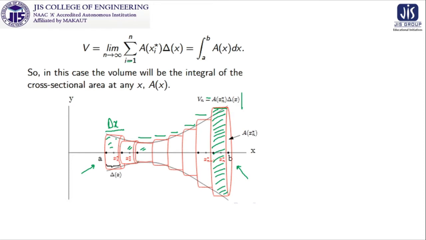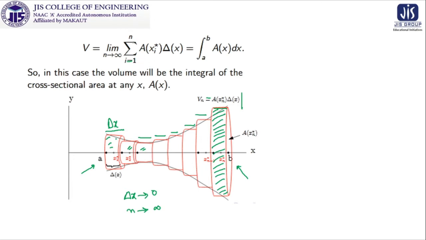But the problem is that there are some errors in this calculation. These errors will be minimized if we make del x very small, and if del x is very small, the number of circular discs will be high. So for our error free result, n will be tending to infinity. If we take n tending to infinity, del x will be very small and our calculation will be error free. That is why we are trying to calculate the limiting value as n tends to infinity.